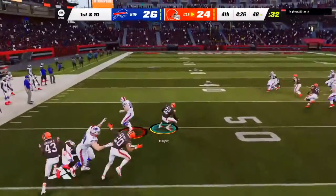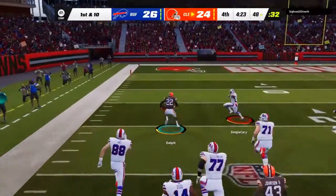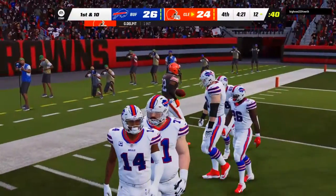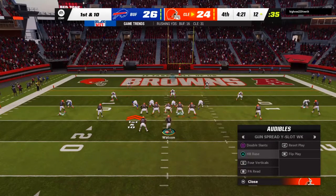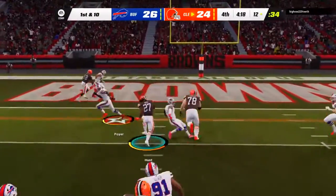Now look at this. They get the turnover they needed. It's intercepted. Picked off by Grant Delpit. A beautiful fake. And the Browns are going to take possession of the football. He got outside the pocket there trying to improvise, and he was calling for the ball downfield, but still the interception. I think what happened, he did call for the ball thinking that he was...